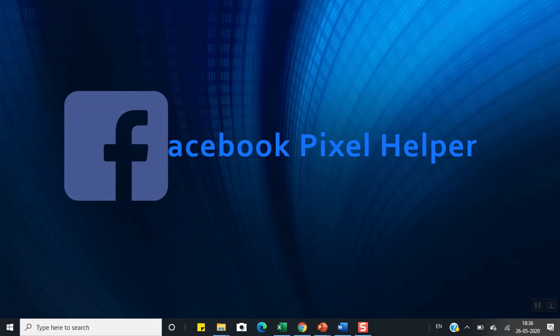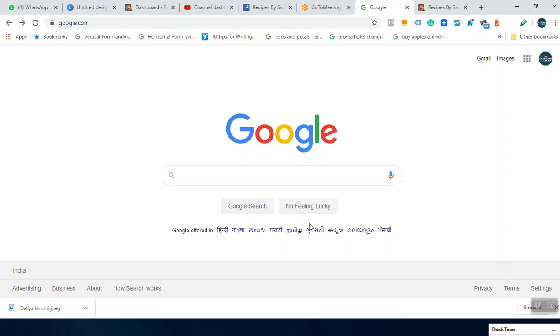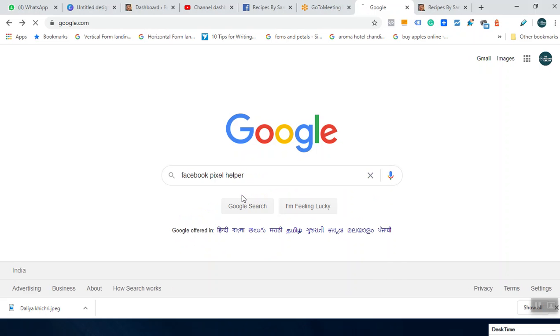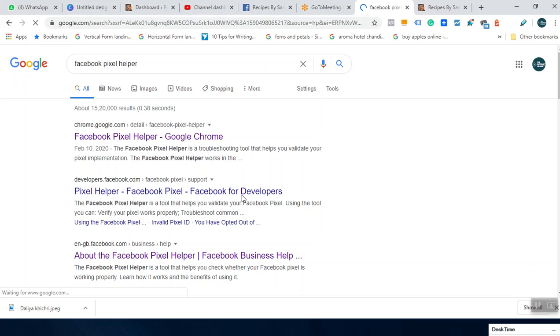Right. So let us see how we can install Facebook Pixel Helper on our website. So we have to go to Google. On Google, we have to type Facebook Pixel Helper. This you have to type on Google, and Google will give you a result.